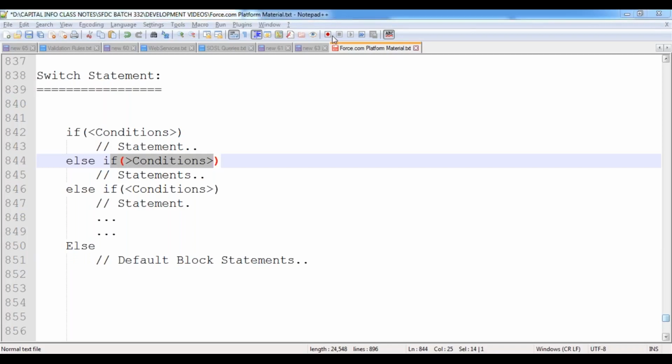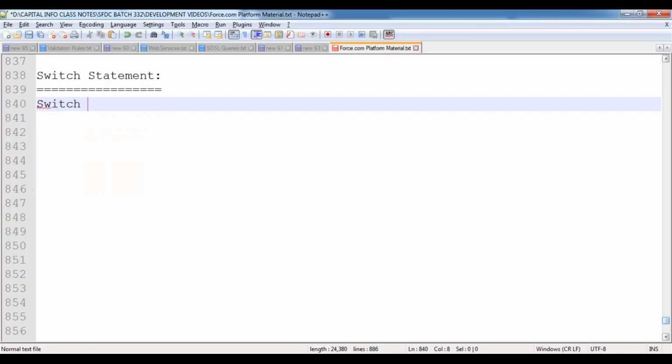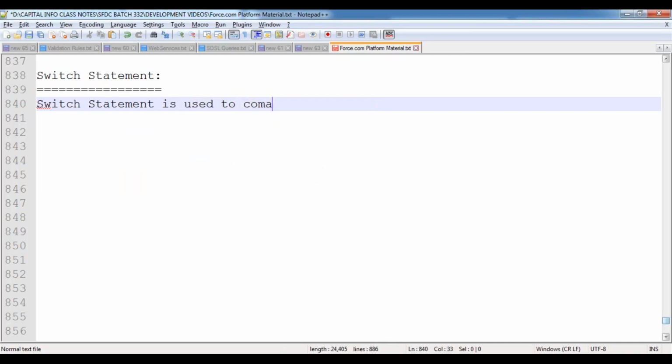Now we are going to take a variable value. We compare this variable value with the various branches, nothing but various conditions. If any of the branch values matches the variable value, then we execute the respective block of statements. If none of the branch values matches, then we can execute that else part over here. So now, in this case, how can we use this switch statement? Now let me give the note point over here. The switch statement is used to compare